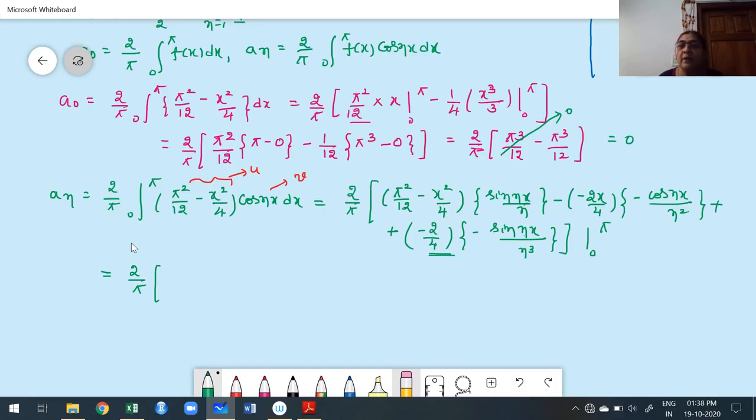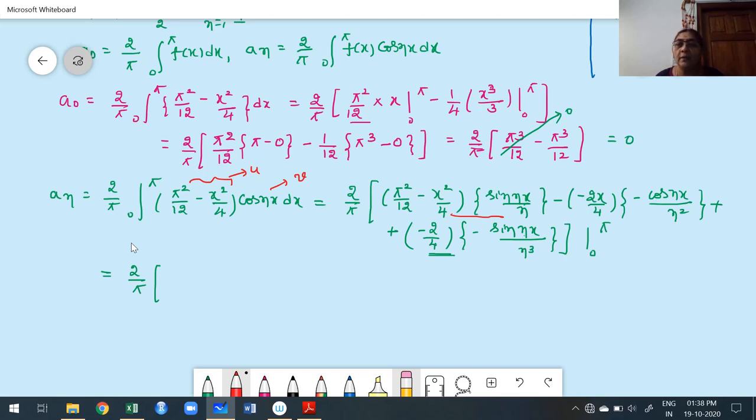In the first term, how many terms are there? 2 terms. If the product of any one of the functions having sine or cos is 0 when you apply the limit, whatever the product must be 0. Again I am going to repeat: while applying the upper and lower limit, verify whether any one of the sine or cos functions is 0 or not. If it is 0 in the corresponding limit, it is not necessary to simplify the product of the other function,